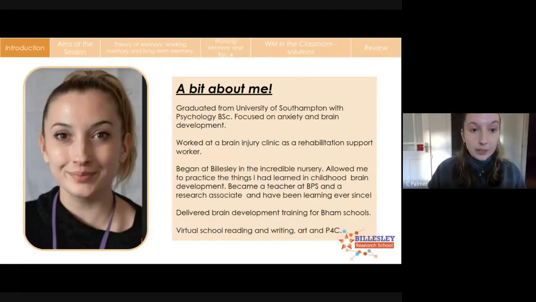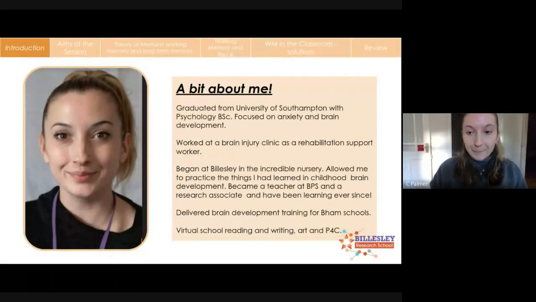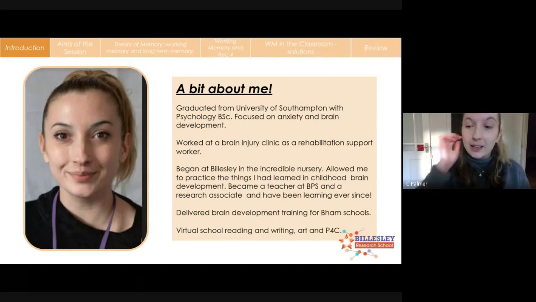And the differences we can see in people's brains compared to those who are anxious and who aren't on a clinical level. I worked at a brain injury clinic for quite a while as well as a rehabilitation support worker. And then I began at Billesley in the incredible Montessori nursery they have there. And it allowed me to practice a lot of the things that I'd learned in childhood brain development, which was